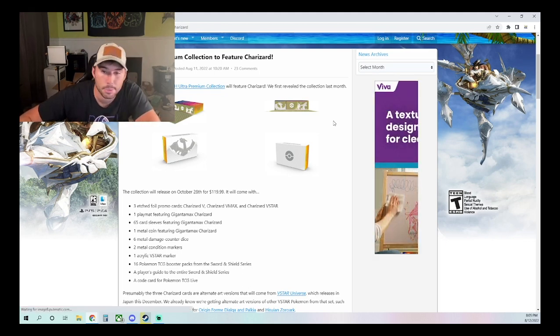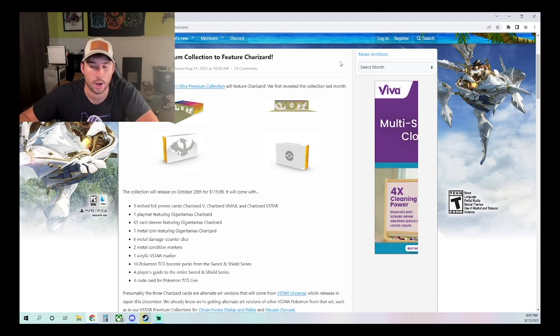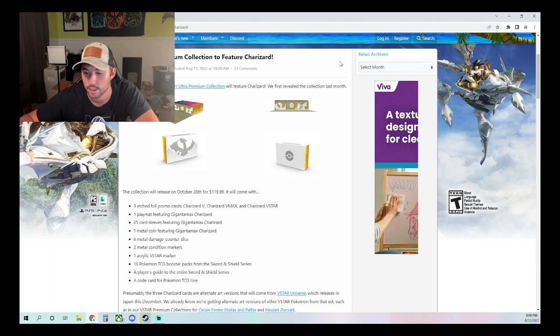So absolutely gorgeous design. People are already asking me questions: Eli, what's the best price to get that for? Now here's my thought process right now, and I could be 100% off, but I'm going to give you guys my theory. I'm very much of the belief that if we're talking from an investment perspective, I like to be more patient. If you're talking from a non-investment perspective, just generally getting the product, that's a completely different conversation. But with the product that the Pokemon Company has been putting out basically since Brilliant Star,